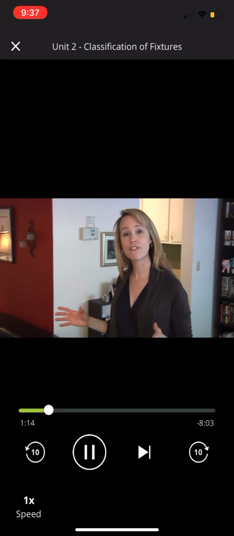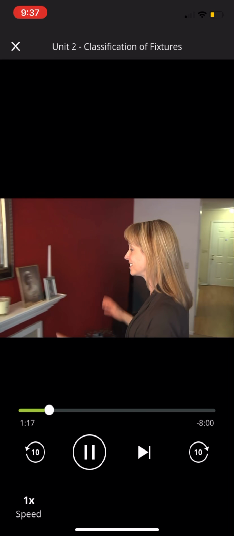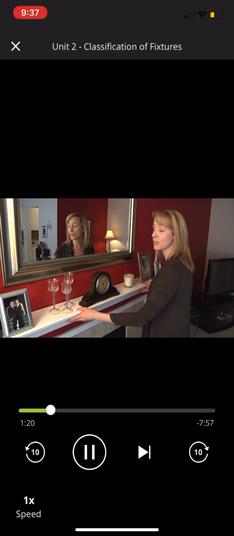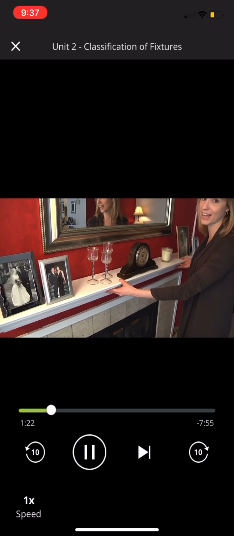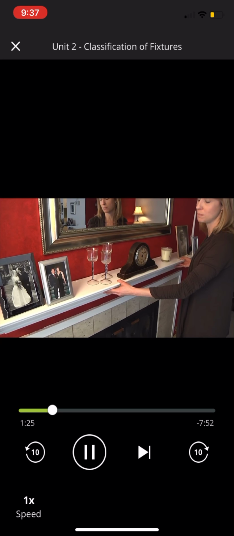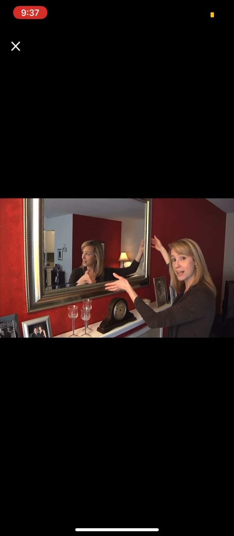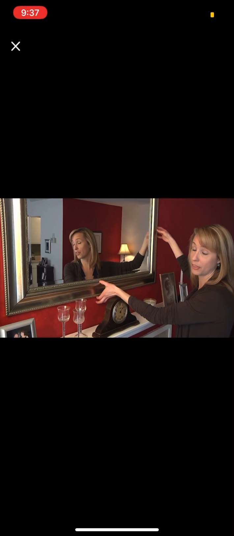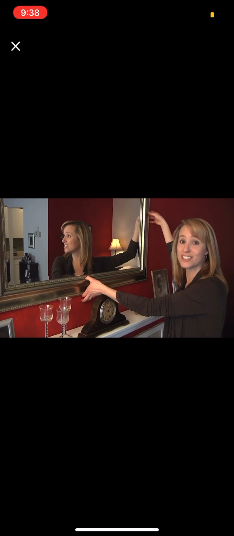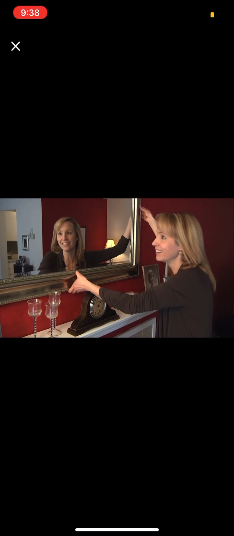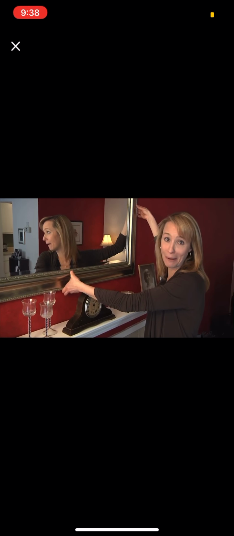Another great example of a fixture we find here in the living room is this fireplace mantle. This fireplace mantle is firmly attached to the wall. It's not going anywhere. So its method of attachment would make it a fixture. But look above the fireplace mantle to this mirror. Is this mirror personal property or a fixture? Well, that depends on the method of attachment, the permanence of the method. And if you were to look behind it, you would see it's just a wire hanging by two nails. So it's only hanging onto the wall. I could lift it off easily and take it with me when I go. So the mirror would be an example of personal property,